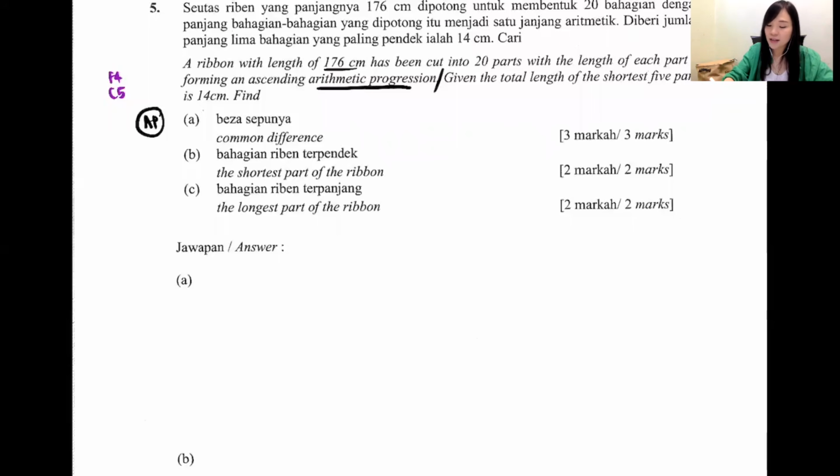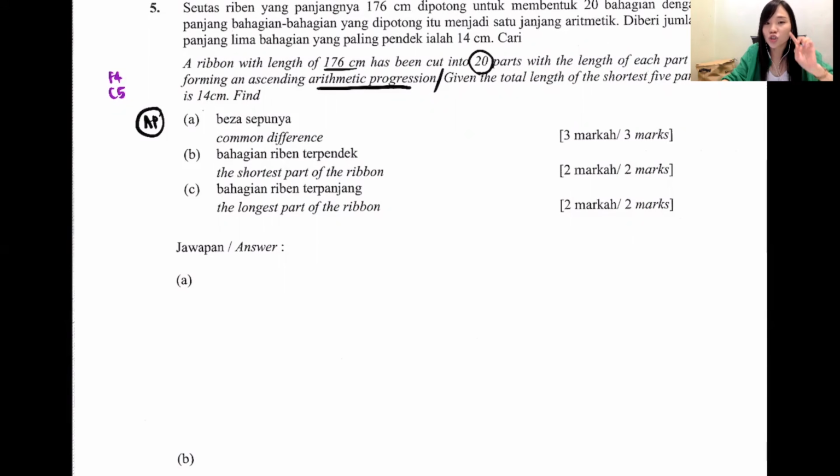And this ribbon, I will actually cut to 20 parts. Do you think they will cut to 20 parts, every single part the same length? No lah, same length, how to form AP? Form AP, that means they will cut maybe the first one very short, then the second one a bit longer, third one even longer, and then even longer like that and go on and go on. Isn't it? That's why they call it ascending